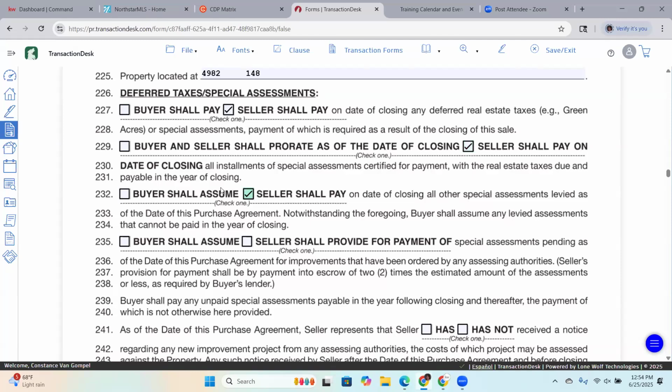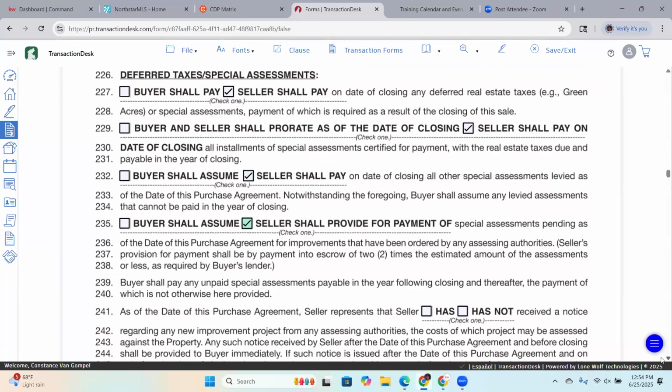Of course, you're going to want to protect your buyer the best you can by asking for the seller to pay for it. And then buyer shall assume at closing, or seller shall provide the payment of the special assessment. Good question. Yeah. So obviously kind of a trend here, protect the buyer, so kind of defaulting to putting the